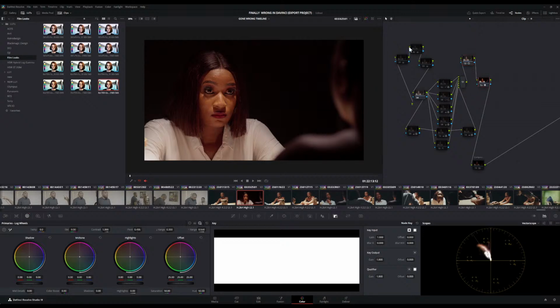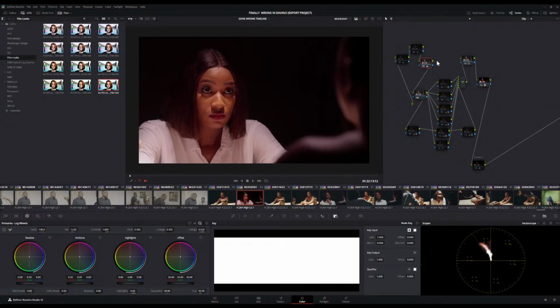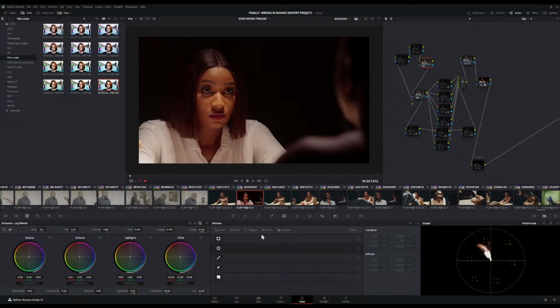So the first thing to do is adjusting our white balance. We're going to reset our white balance. Then as usual, select your window,